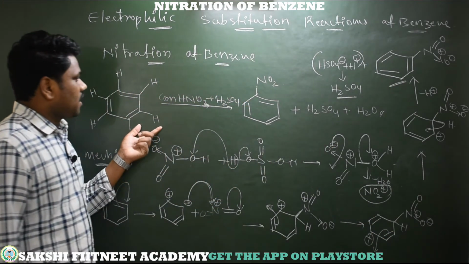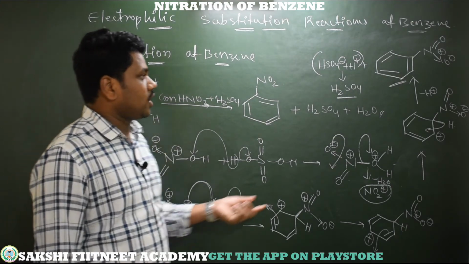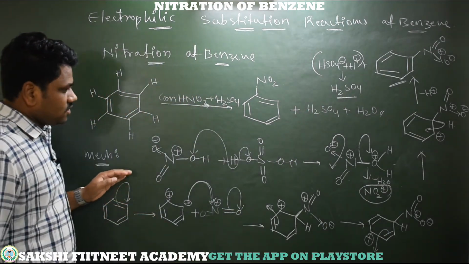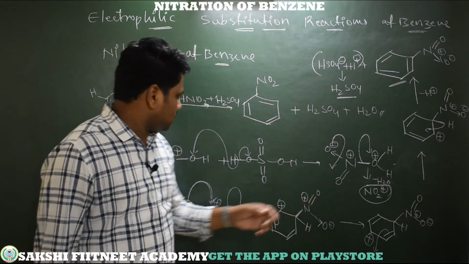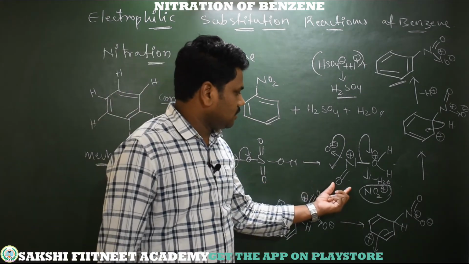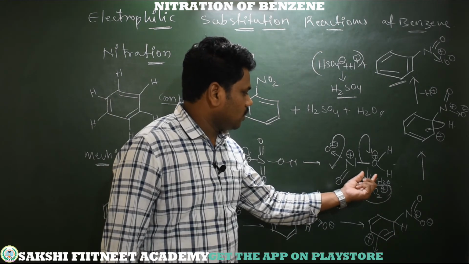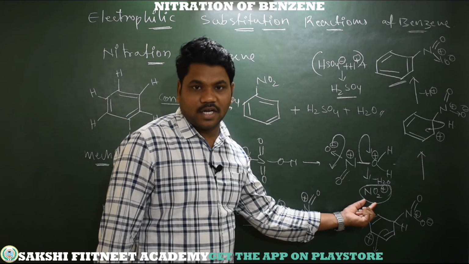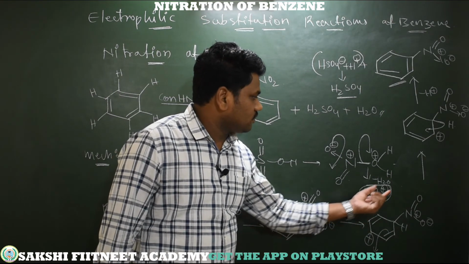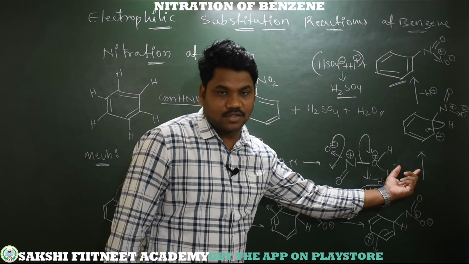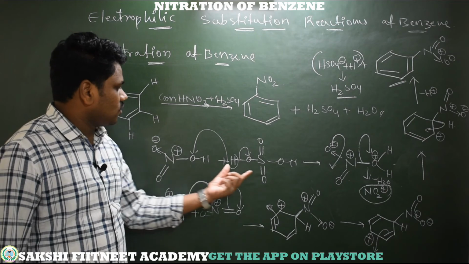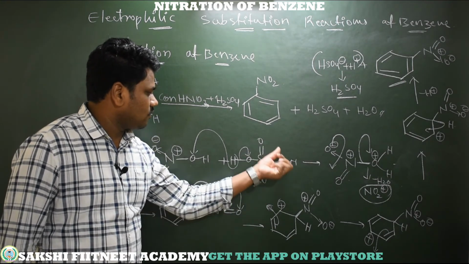So this is the reaction path and mechanism to get nitrobenzene. So what about the first step? First we are generating the NO2 electrophile, that means here HNO3 with H2SO4, we are getting this intermediate. So on removal of an H2O water molecule, we generated NO2 plus, which is called the electrophile. Along with this we got HSO4 minus, because see here H plus is donated towards this oxygen. So here we will get this fragment like SO4H